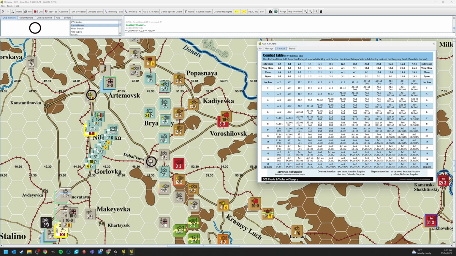So looking at a +3 AR, +3 surprise roll, 8, 9, 10, 11 is a surprise. Column shifts are 3, that's okay. So I've got 1 to 1, +3, 1, 2, 3. Look at 4 to 1 in the open, 4 to 1. I'm going to pay for